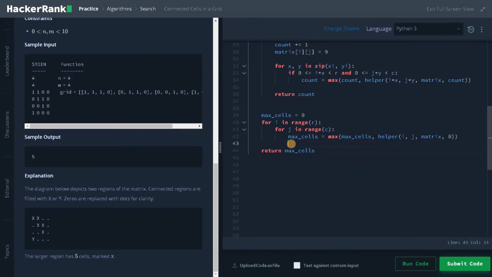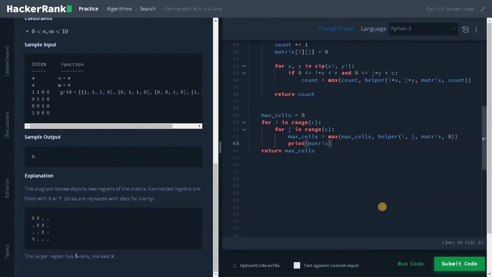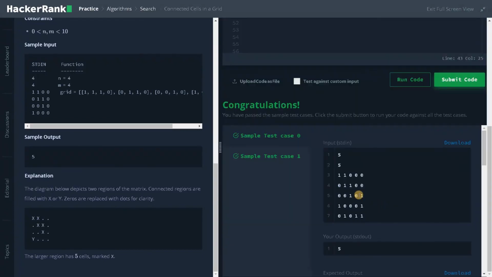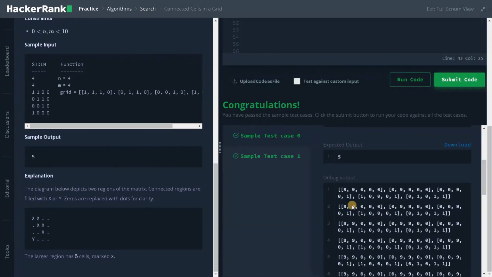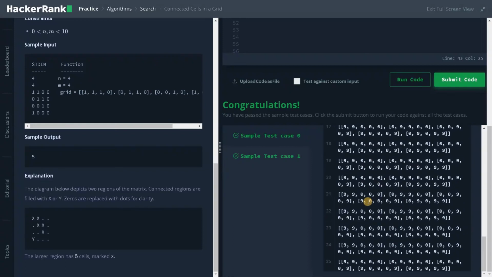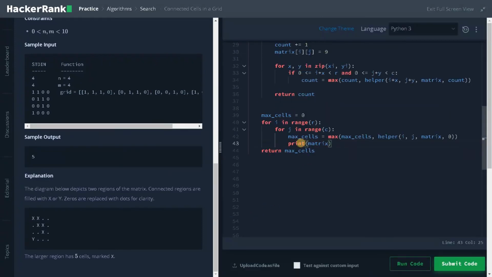So maybe I will print the matrix here, in order to see how this works. So print matrix, I'll just run the code. So it actually passed the test case, and it is displaying the matrix, but I've just displayed the matrix like this. So what I am going to do is maybe inside this, for row in matrix, I will just print the row.